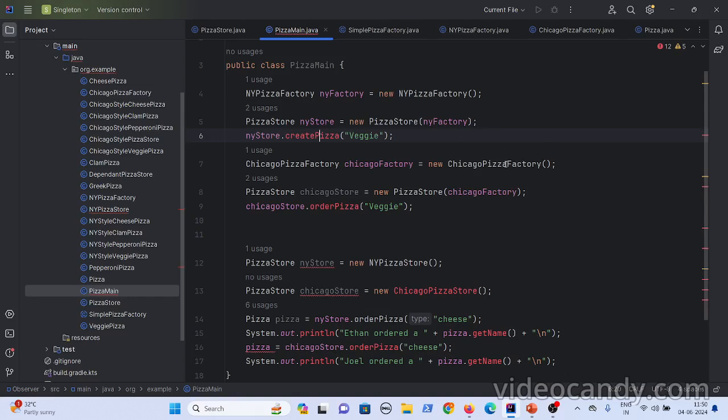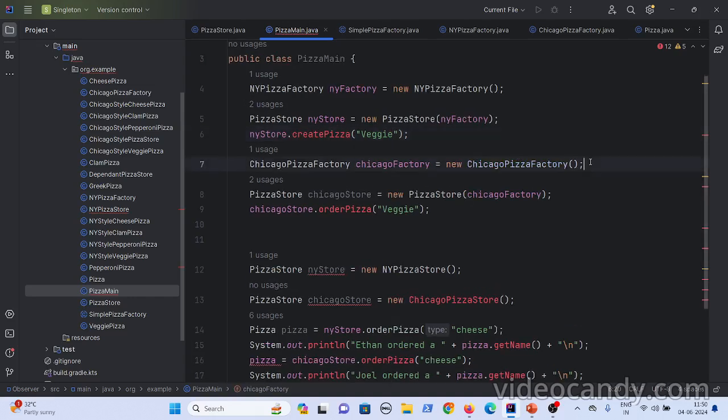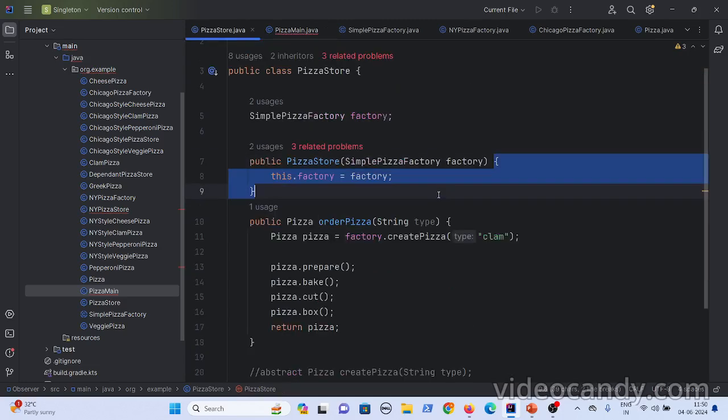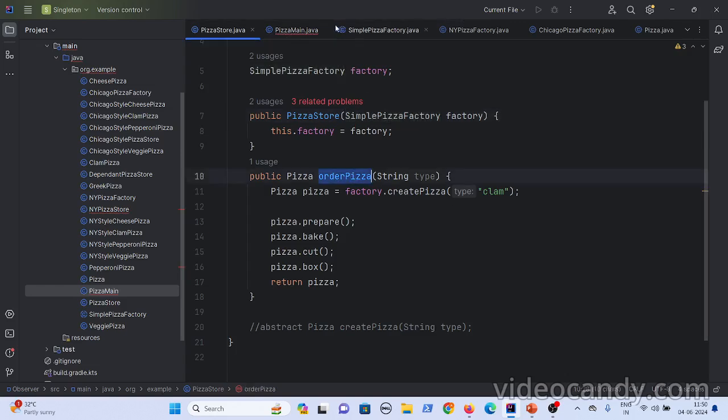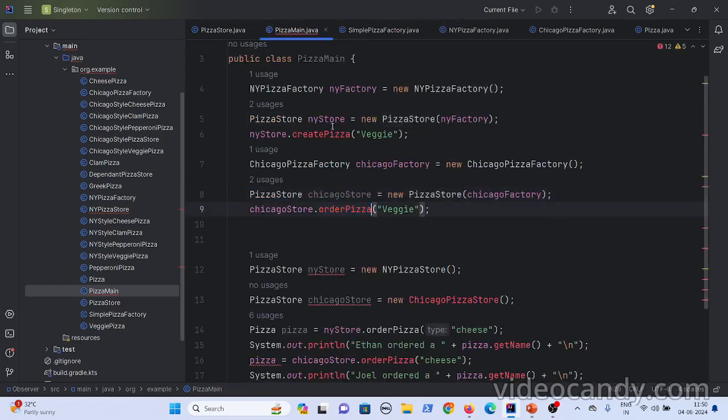He can create a Chicago pizza factory, pass the Chicago factory to the pizza store right here, and then call this Chicago store dot order pizza.